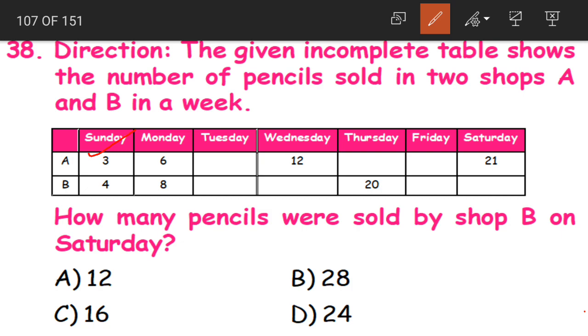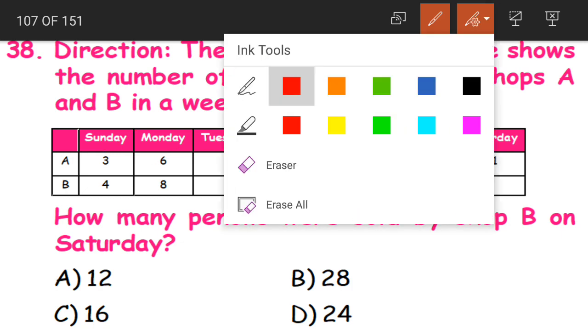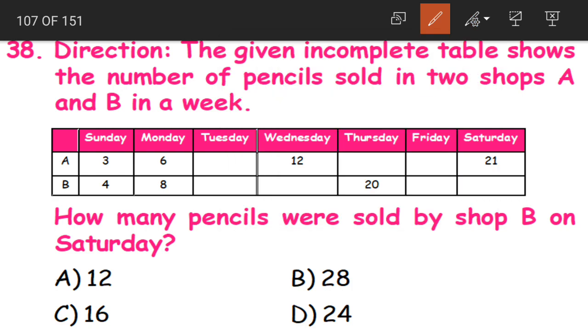See, we have 3 ones are 3, 3 twos are 6. What if we mark the days by numbers 1, 2, 3, 4, 5, 6, 7. 3 ones are 3, 3 twos are 6, 3 threes are 9, 3 fours are 12, 3 sevens are 21. Yes, all the given numbers of shop A are multiples of 3. 3 ones are 3, 3 twos are 6, 3 fours are 12, and 3 sevens are 21.